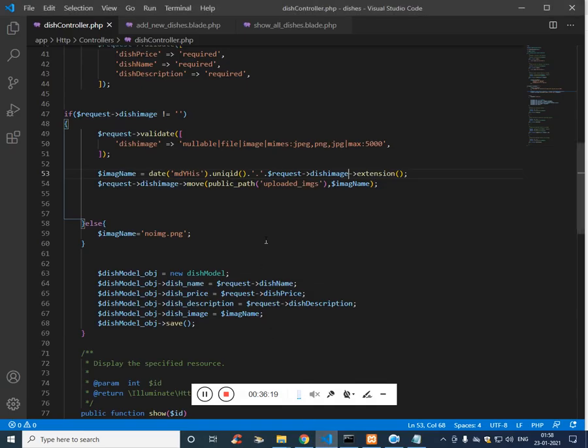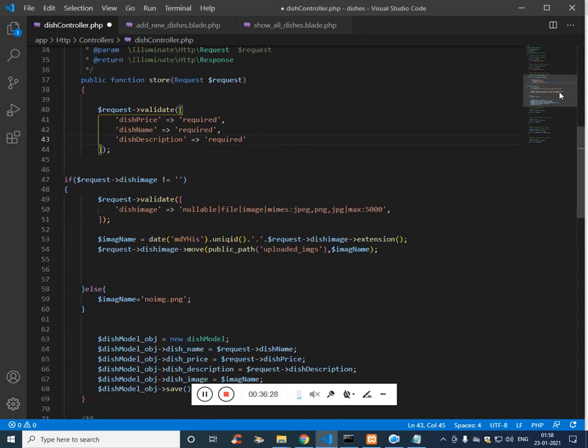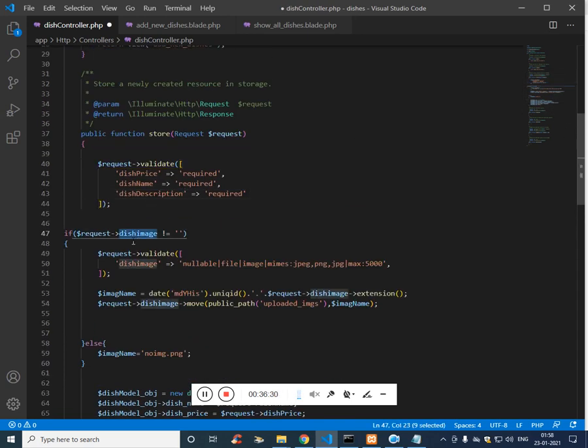Why? The only thing that could make this wrong is because we are not passing the dish image. If request dish image is not equal to blank, then validate the dish image, then rename the dish image and move the dish image, and the image name is set.